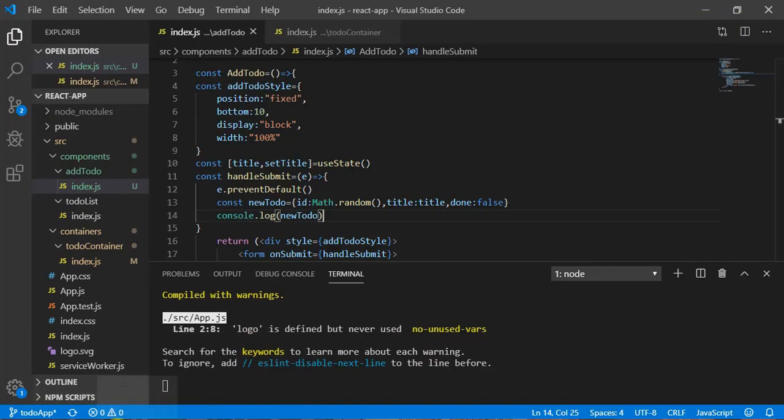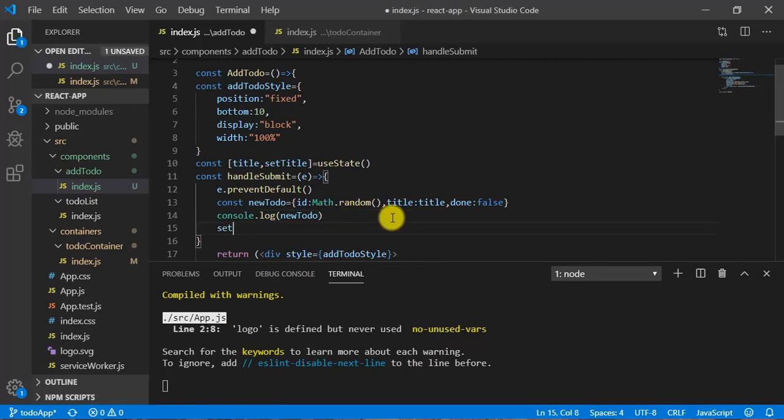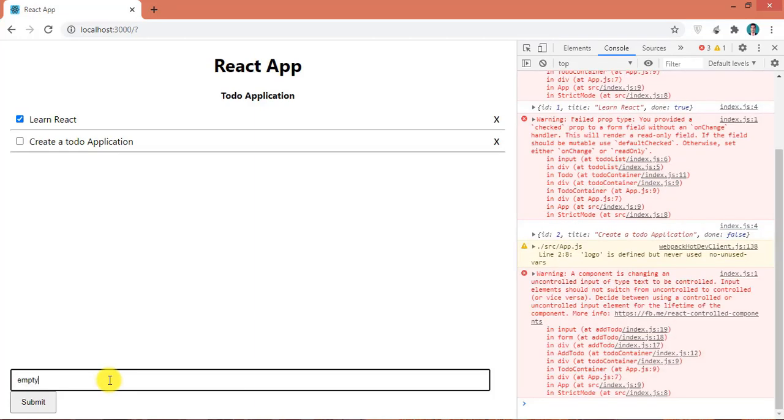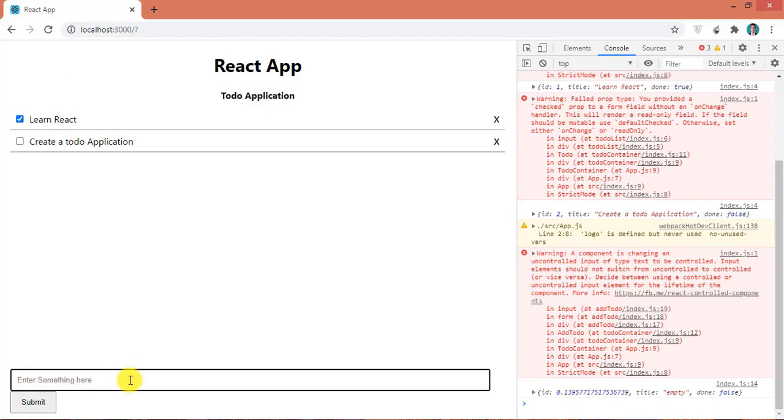So we need to make it empty. I can write here after this line setTitle equal to empty. Once you submit the form, it will be empty. Let me write something. You can see this value is not here, but I am getting this value in the console.